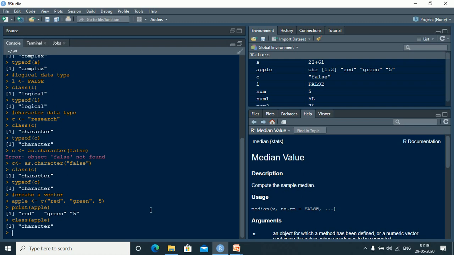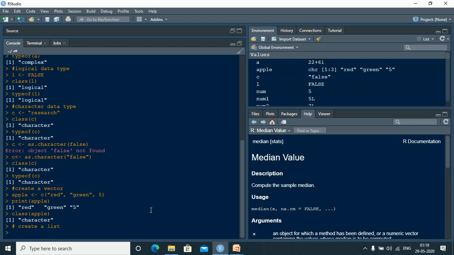And today's last topic is to create a list, right? A list can consist of different data types, different combinations and all the other things. So let us create L as a list.